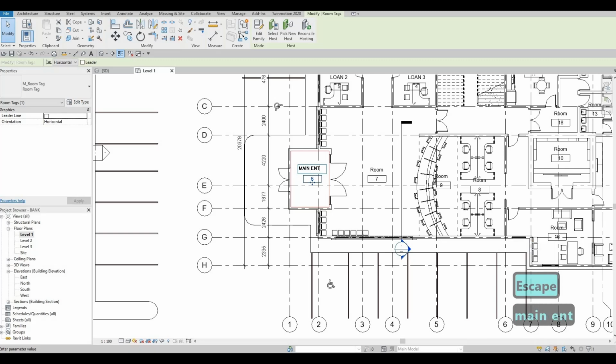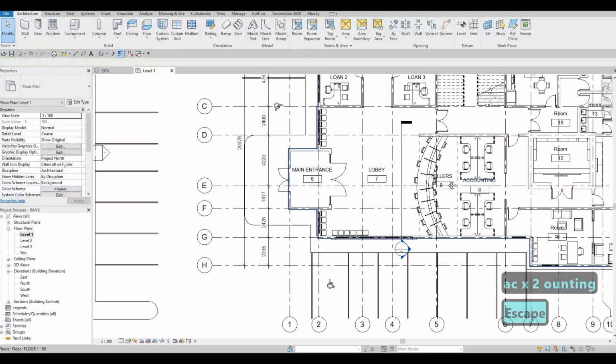Main entrance. We have our lobby here. We have our tellers, accounting,